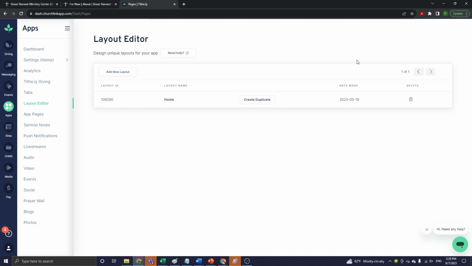And if you watch the extensive training videos for Tithely, they'll tell you never ever ever edit your active layout. You want to create a duplicate that's unpublished, and make your changes there. So again, in this one, if you're going to poke around, create a duplicate layout. I'm not going to do it, but create a duplicate layout so you have your own little test bed that is not live in the app, and poke around in there and see what's